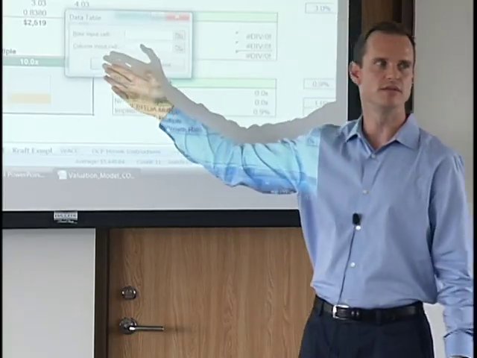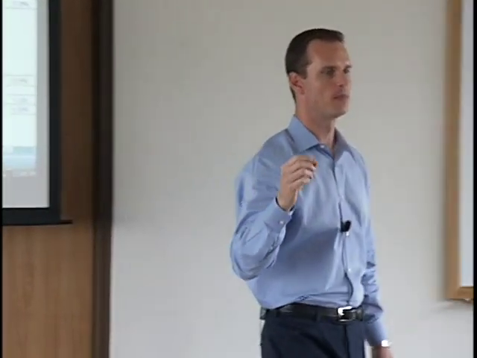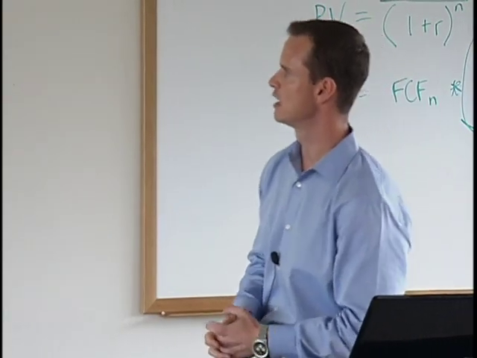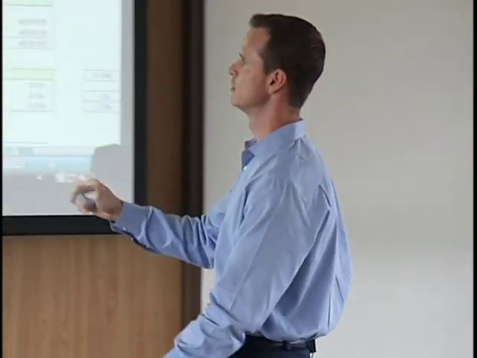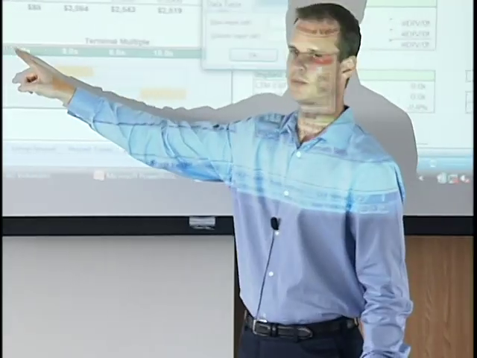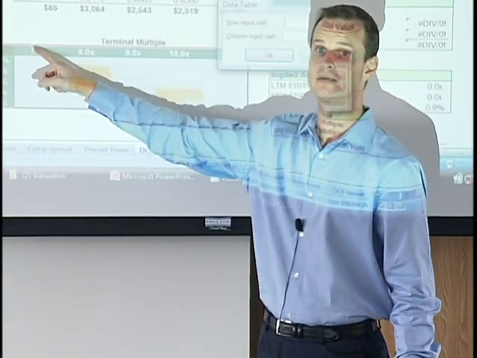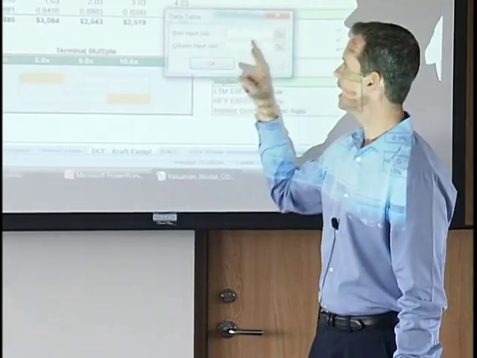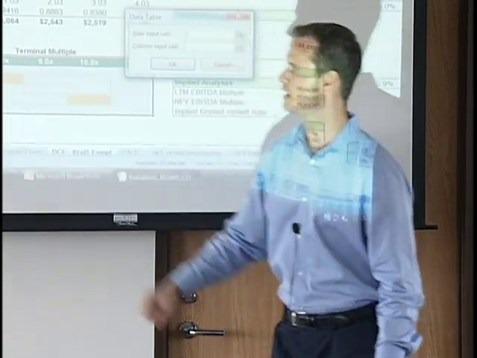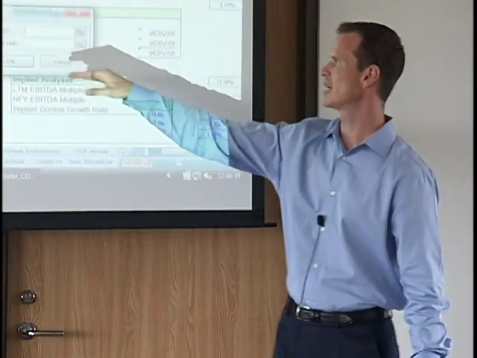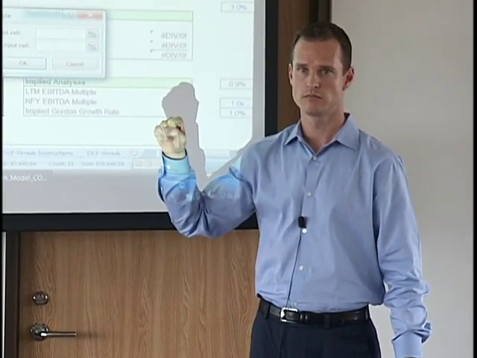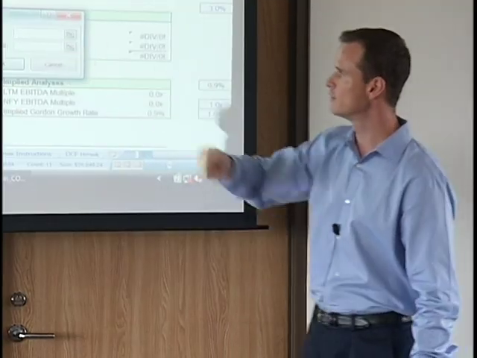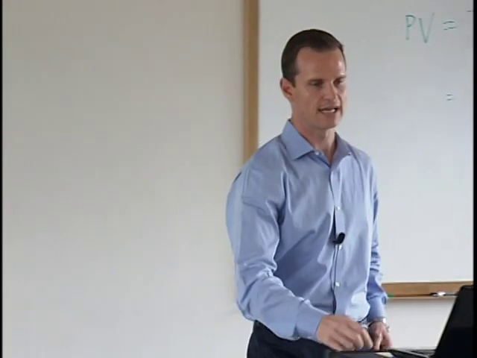What Excel is doing with this pop-up is asking, where in the model, for this row input cell, where in the model do I enter this terminal multiple? That is the assumptions that appear in this row. And where in the model do I input the assumptions that appear in this column, the column input cell? We need to specify to Excel two different cells, one for the row input, one for the column. So once I have that,